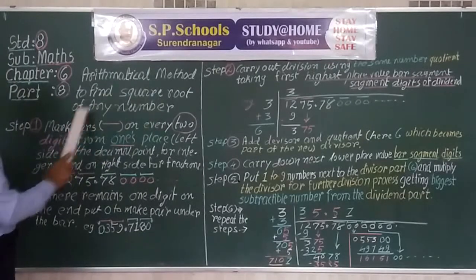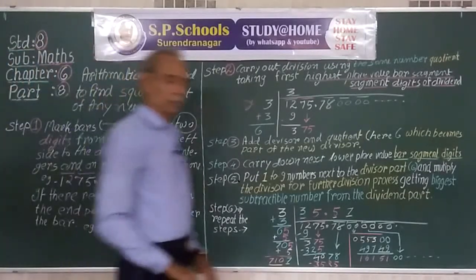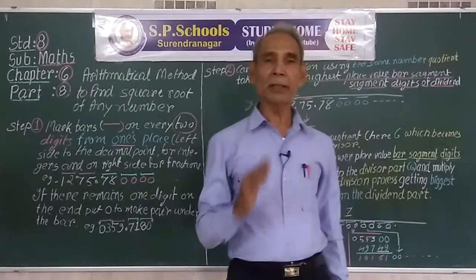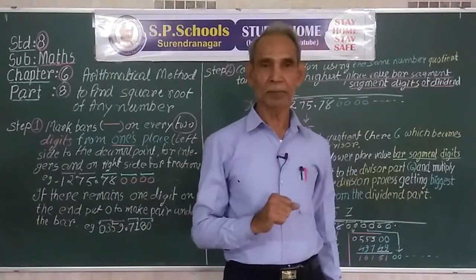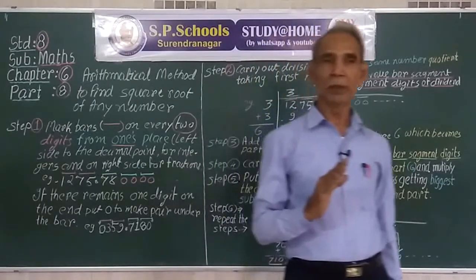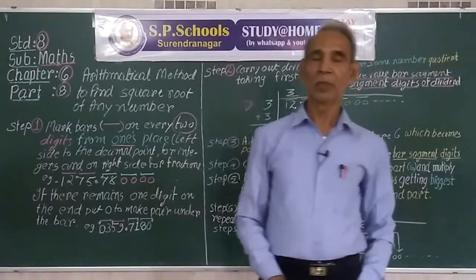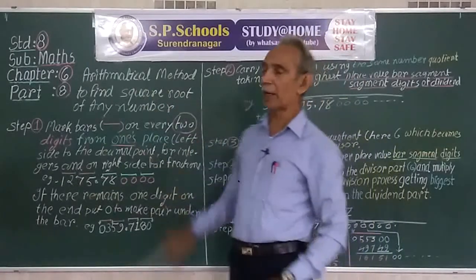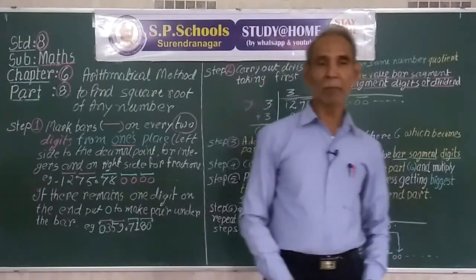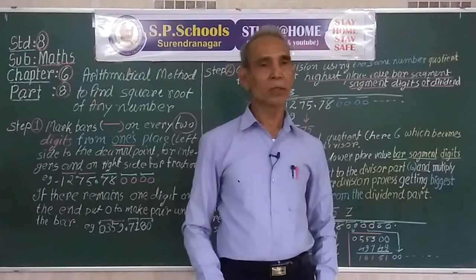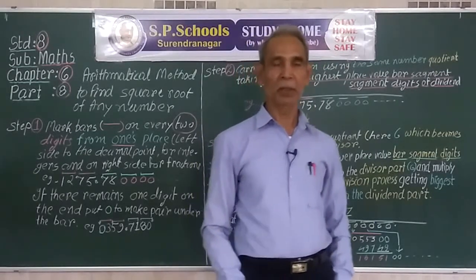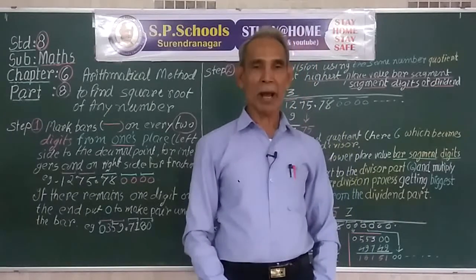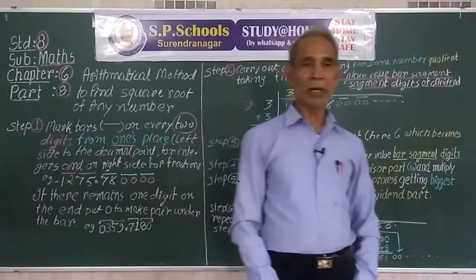To find the square root of any number, whether the number is a perfect square or not, by the arithmetical method, we can find the square root of that number. Though, if the number is a perfect square, we get